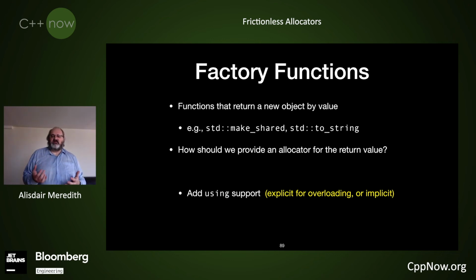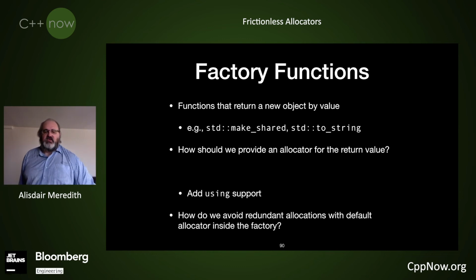And we come up with the notion of whether it should be explicit, so you can overload with and without allocators, or should it be implicit in some way? The notion is, if I'm returning by value an allocator-aware type, then implicitly I know that my function needs to be allocator-aware. I shouldn't need to say anything. The function knows, yes, this is a factory function, you're returning an allocator-aware type. Of course I support a using, and if you don't give me a using, you get the default allocator. So now we get to the question, how do we actually use that allocator within the factory function itself?